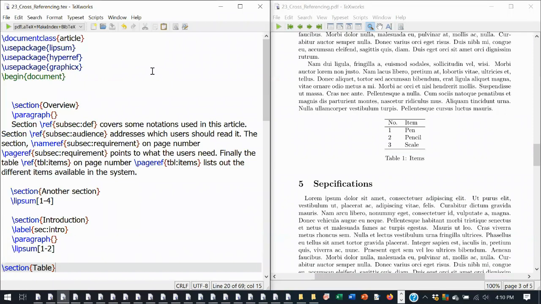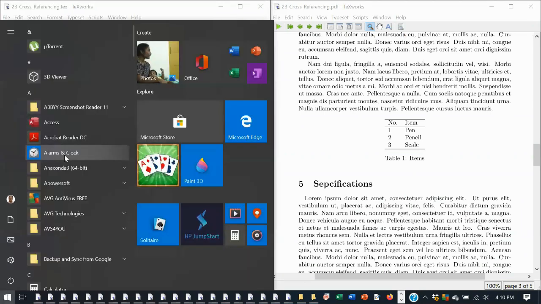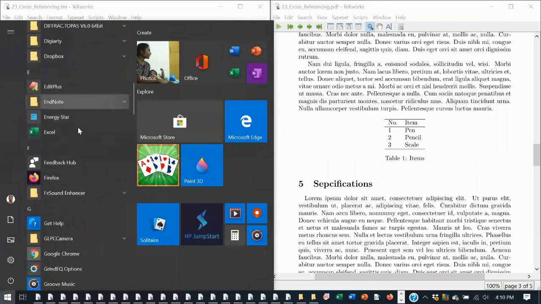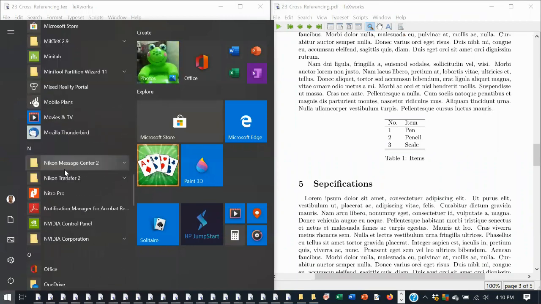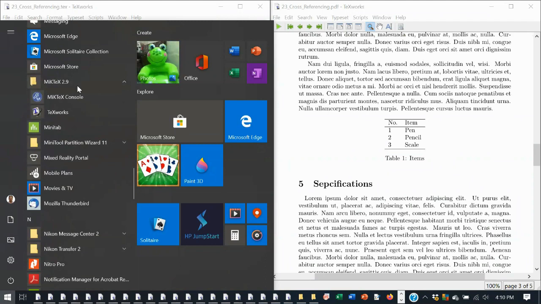One more thing is that some packages will not be present in MiKTeX because what you are installing is a minimal version of MiKTeX. If you want to install a new package, it will install when you compile. You need to have an active internet connection.